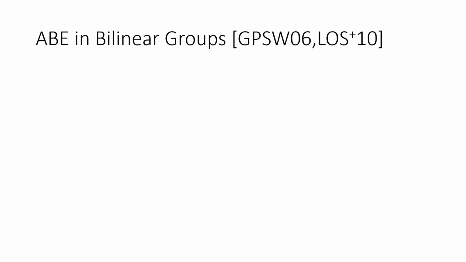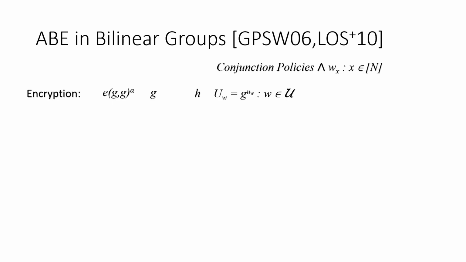So our starting point is going to be the construction of just ABE in bilinear groups. For simplicity, we'll only consider conjunction policies, though this works for all monotone Boolean formulas just by replacing the additive secret sharing with a linear secret sharing scheme. And so in these prior ABE schemes, you'll have a bunch of encryption